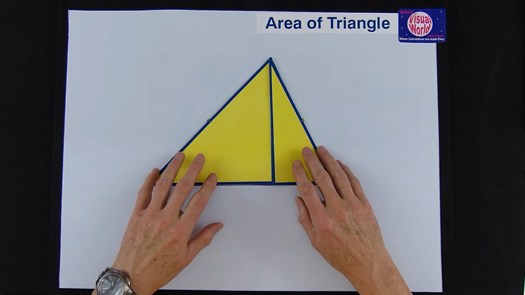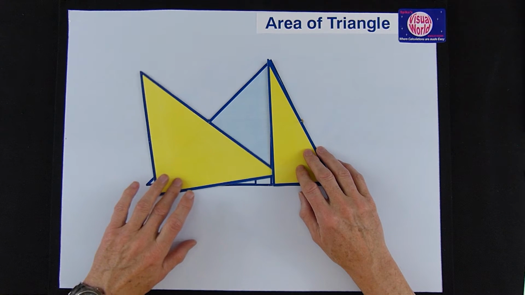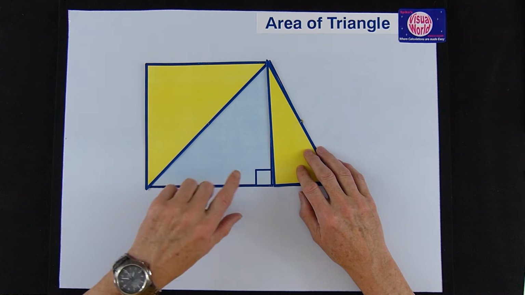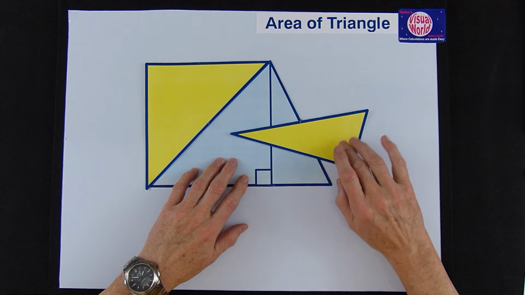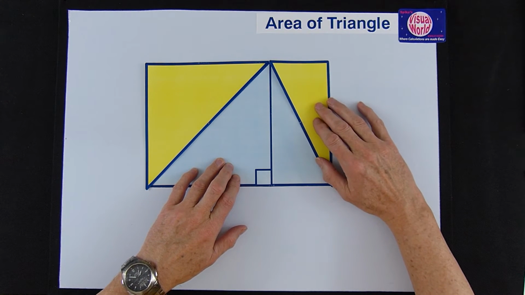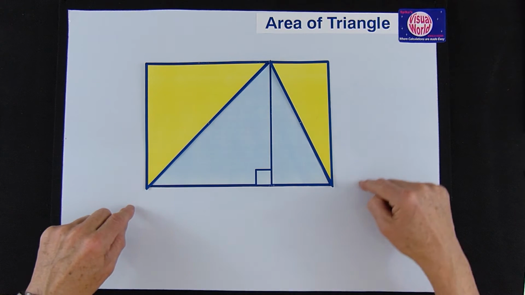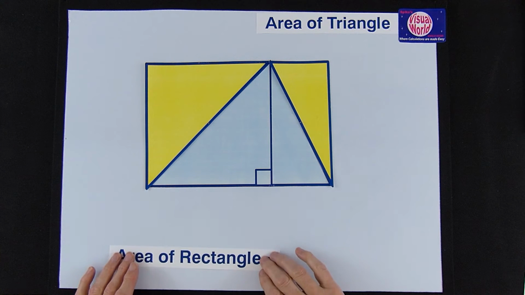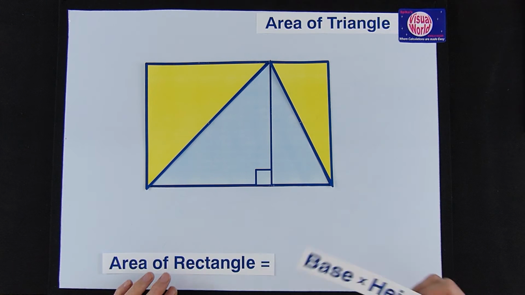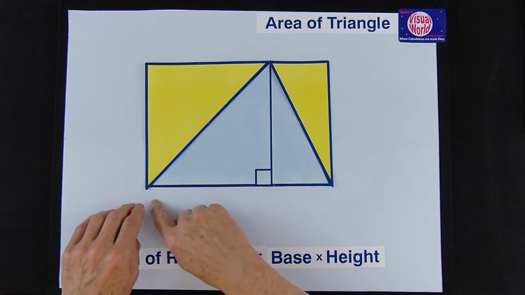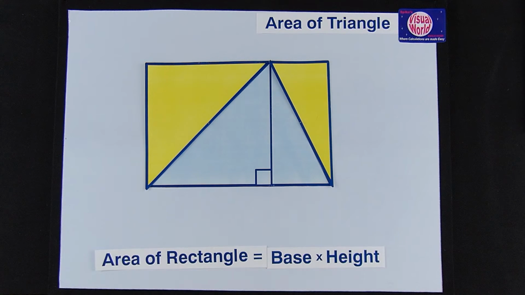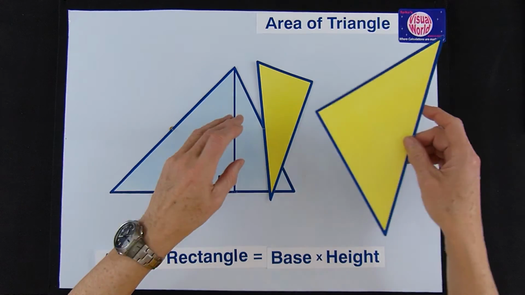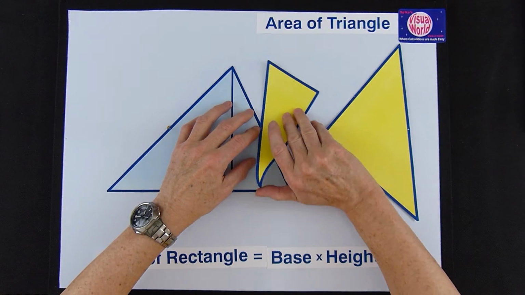If we take this part of the yellow triangle and turn it round, you see it fits across the blue triangle and turns into a rectangle. The other side turns into a rectangle as well, and now we've got a big rectangle, and you should know what the area of a rectangle is, and in this case we're going to use base times height or length times breadth. Now we're going to take two triangles separately,